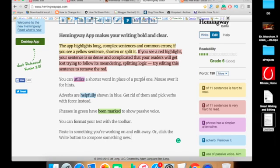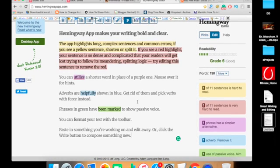As in the screenshot I am showing you, the tool highlights the hard parts. This red section is the hard part. A hard complex sentence is shown in red color. Here it shows that 11 sentences are very hard to read. After it notifies us, we can shorten the sentence into a readable one. You can make use of these things, right? Now after that,